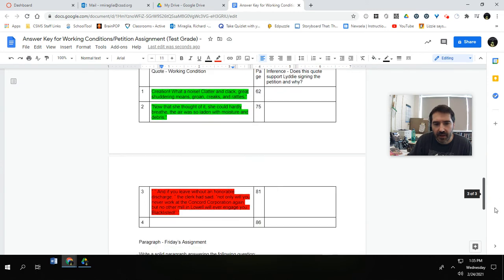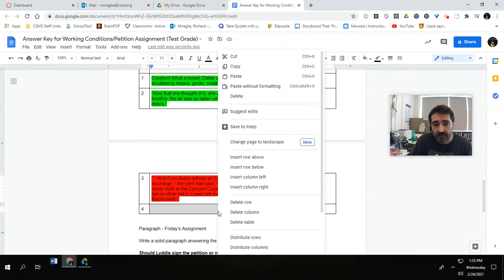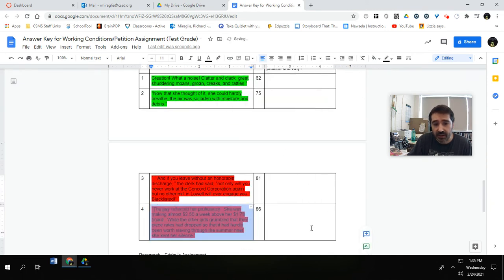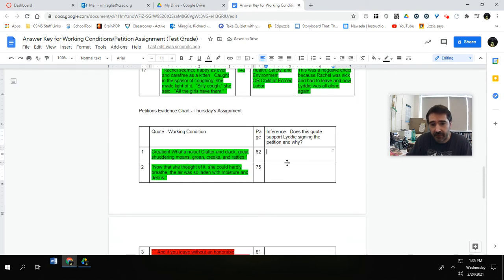But if you look at what I have so far, I have most of today's chart completed. So what I need to do now is create an inference for each. Does this quote support Liddy signing the petition? Well, green does. And then why? So I could write, this quote supports Liddy signing the petition